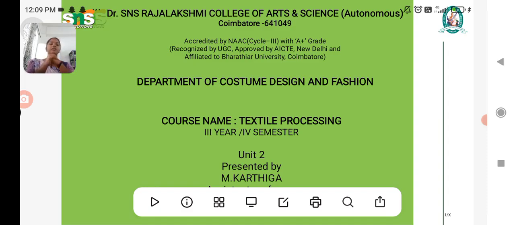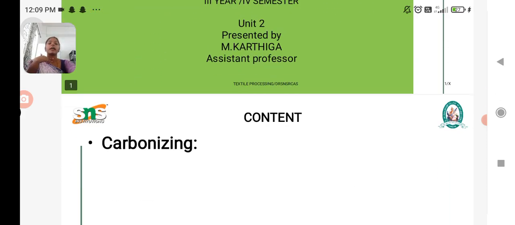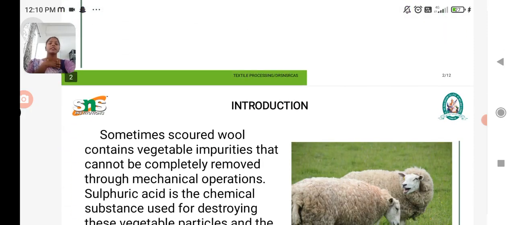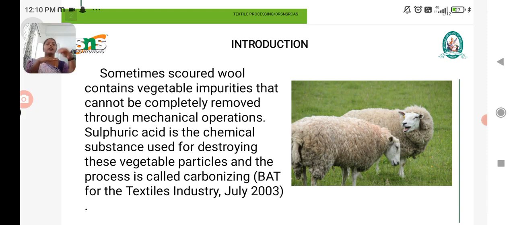Last class we have seen about mercerization. Before that, bleaching, scouring and desizing. Everything we have seen. Now we are going to see about carbonizing. Carbonizing. Sometimes covered wool contains vegetable impurities that